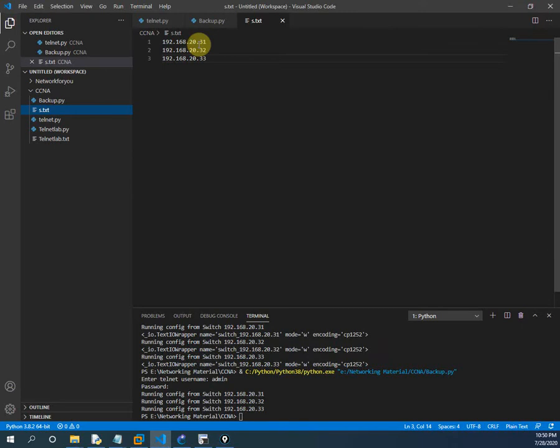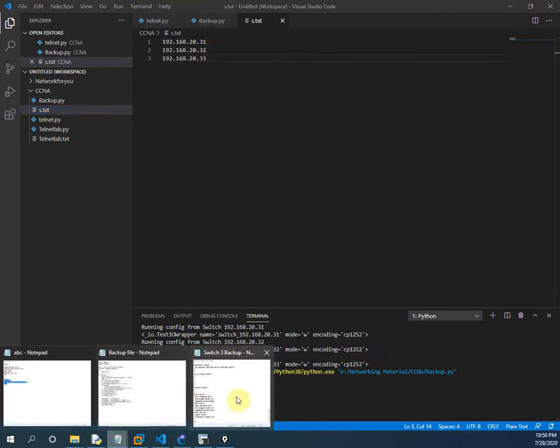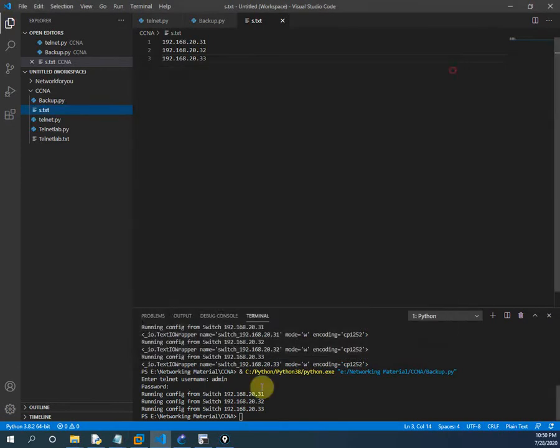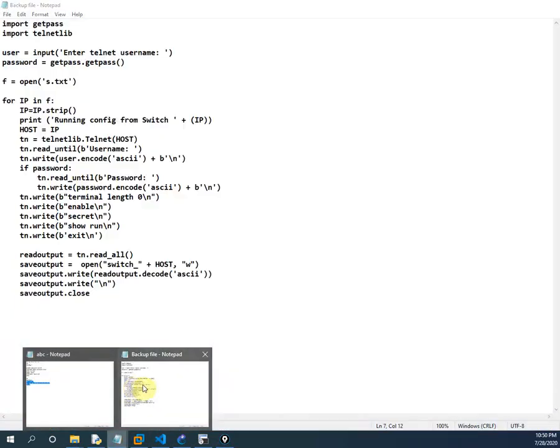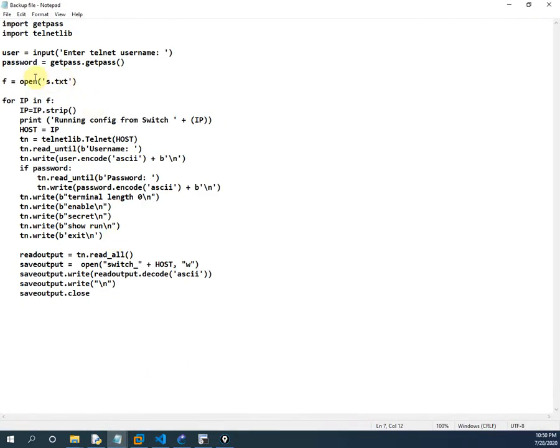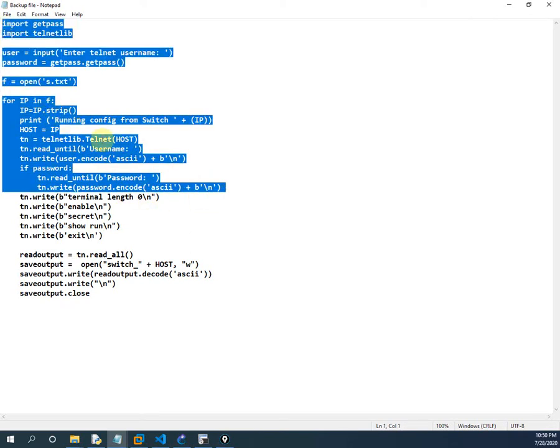In this file we have all the IP addresses of our switches. If you have 300 switches, you can write the 300 switch IP addresses here. So we have all the IP addresses in this one. So what I can do, let me close this, take this one. That file we are opening, and we are checking that file one by one and calling that IP address and doing the telnet till here. This is the same as we did before till here. Till here, what we did in our last video, that is the same thing.